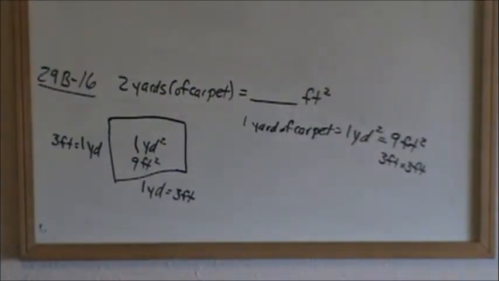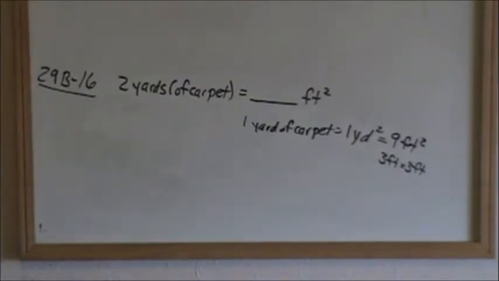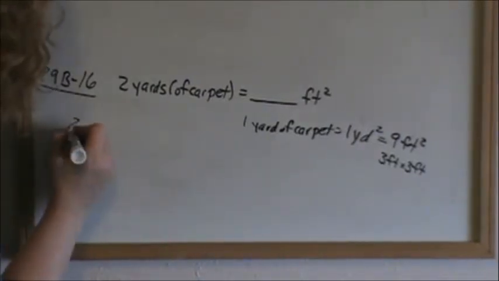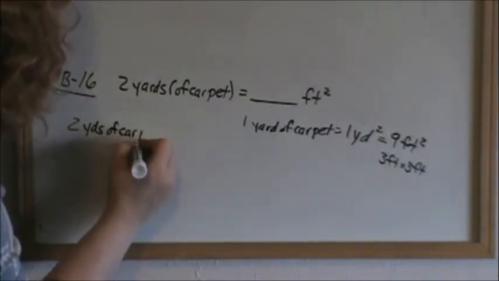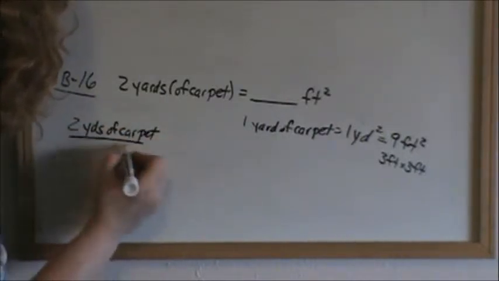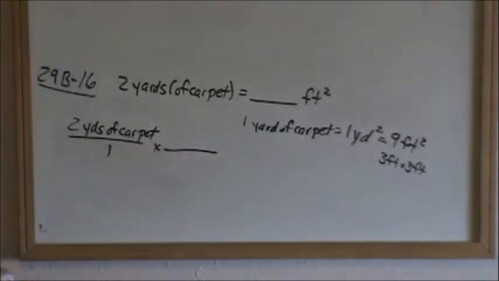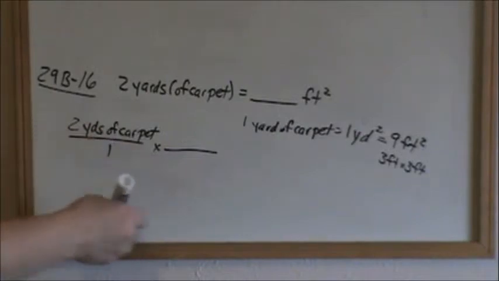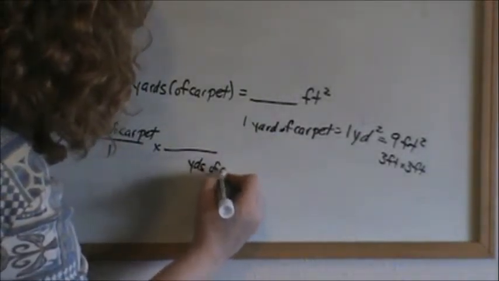So we're starting with, let me erase this. We are starting with 2 yards of carpet, and we're trying to go to square feet. I'm going to turn that whole thing into a fraction. I want to multiply by a conversion factor. I want yards of carpet to go away, so I'm going to put down here yards of carpet,